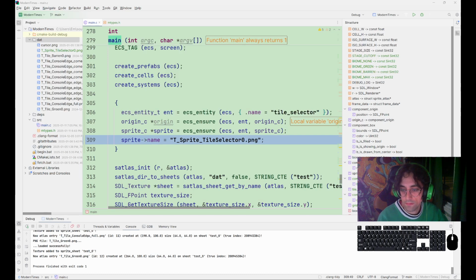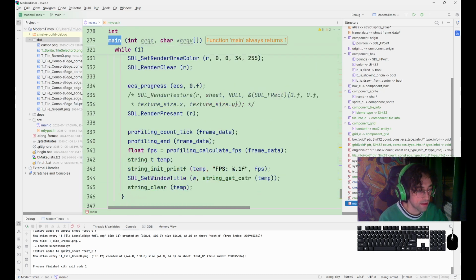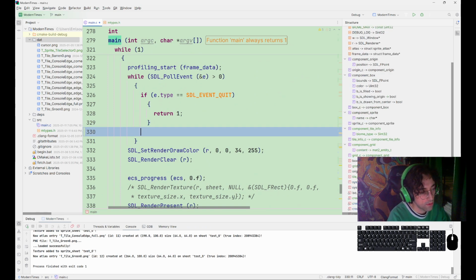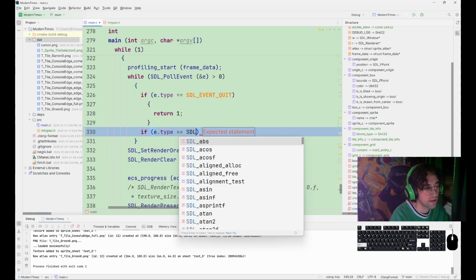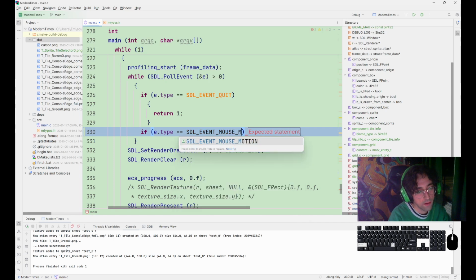All right. Not exactly the same, but similar, a different software. So I'm going to go here in my event polling, and say if the event is mouse motion,